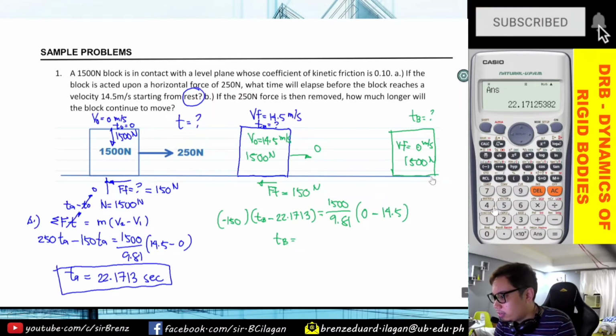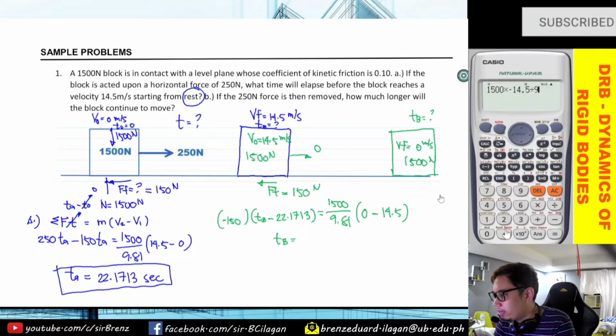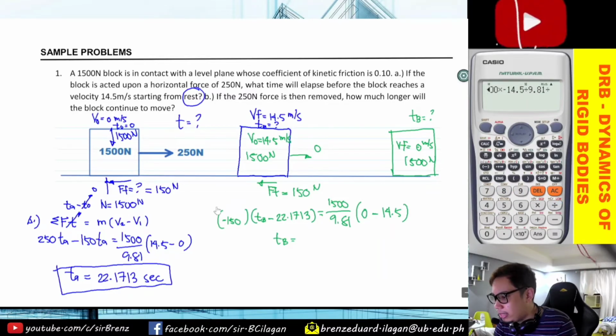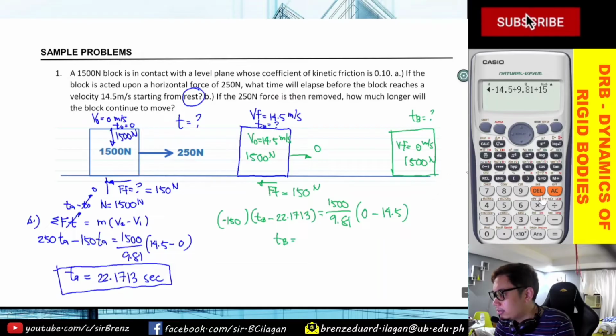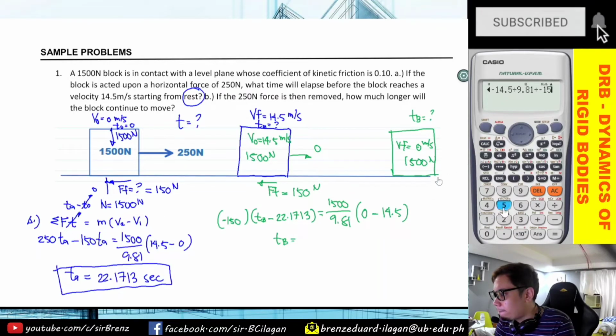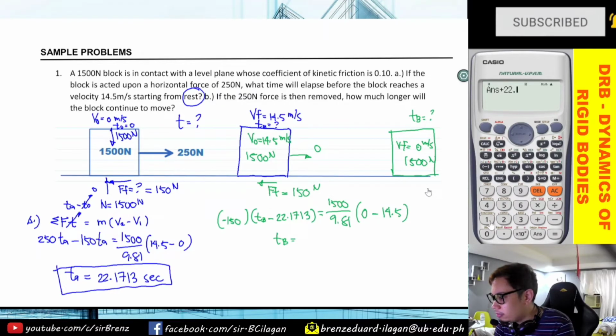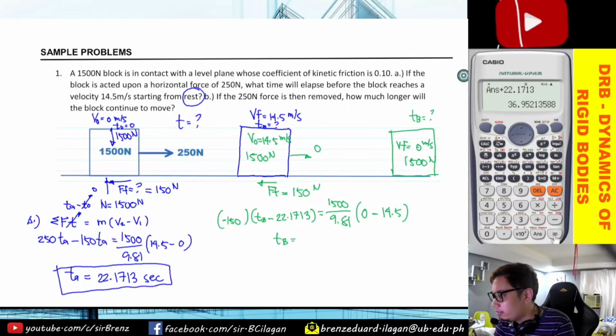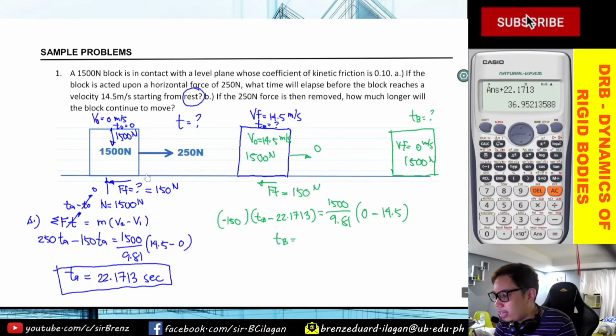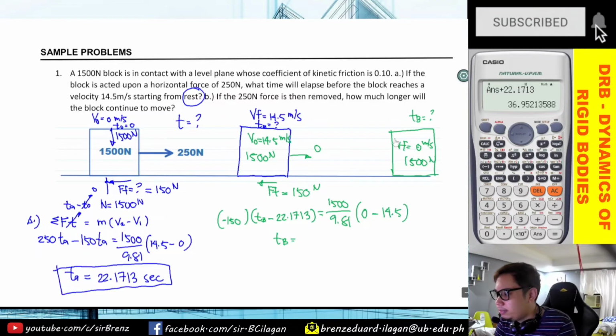It will become positive. So, 1,500 times negative 14.5 divided by 9.81, and then I divide this by 150. So, that is negative. Then transpose the 22, plus it becomes positive 0.1713. So the total time to reach from the initial point to its final location is 36.9521